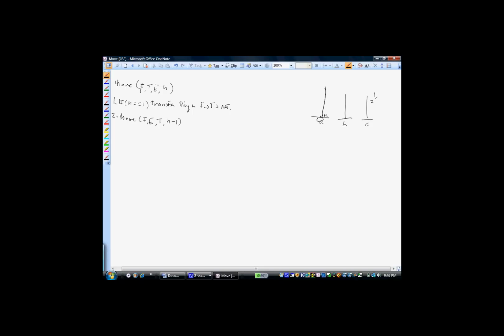And 1, 2, all the way up to n minus 1 will be here after the call on step 2. At that point, we're ready to take this ring here and transfer it over. And that's not a call on the function move. We simply say transfer it. And we saw when we actually write the program, that'll basically be an output statement. We're going to say cout, as we saw in class. So step 3 is again a call to transfer